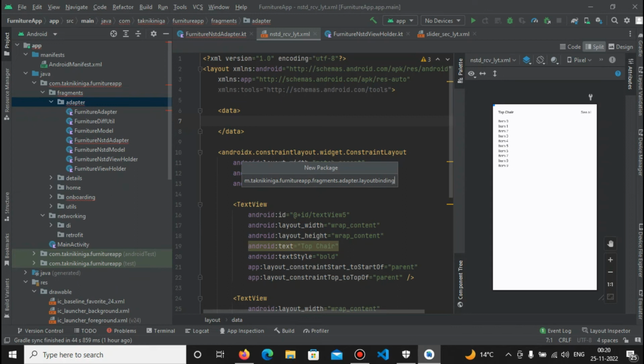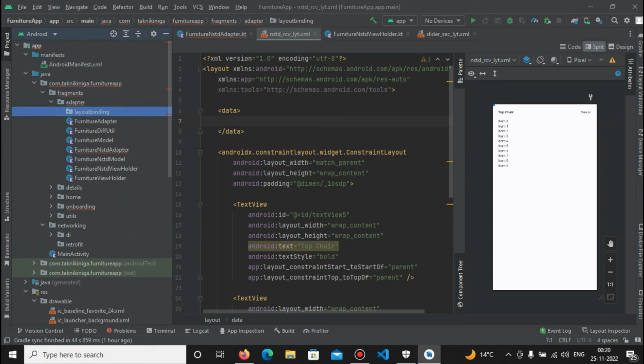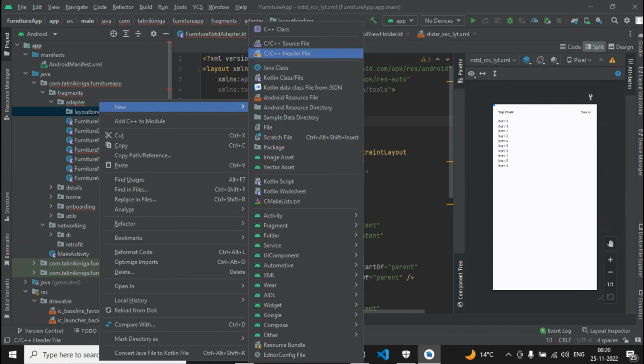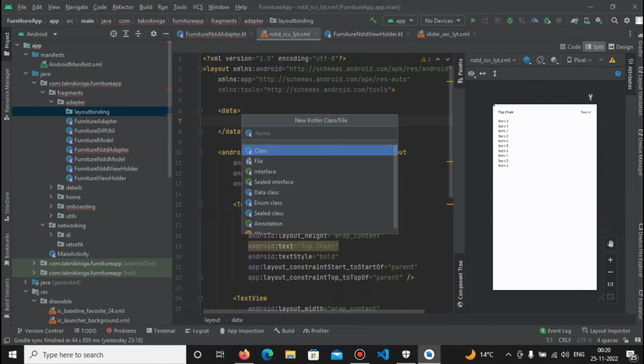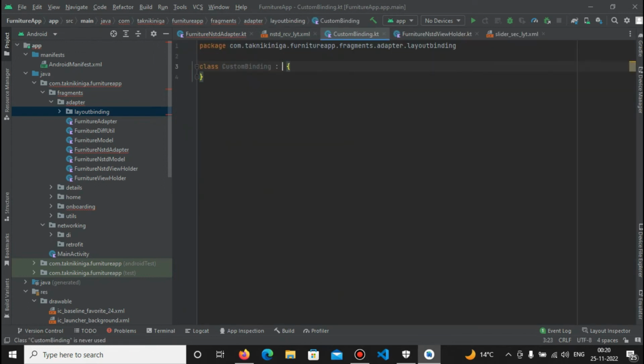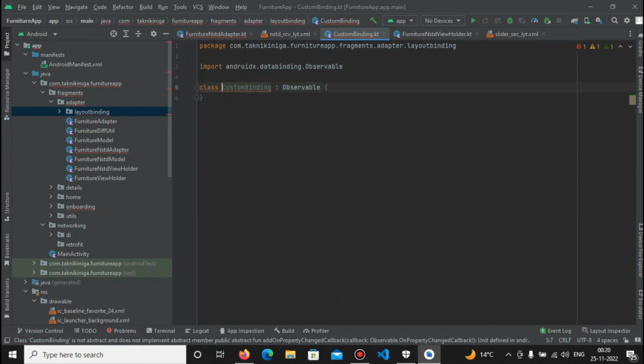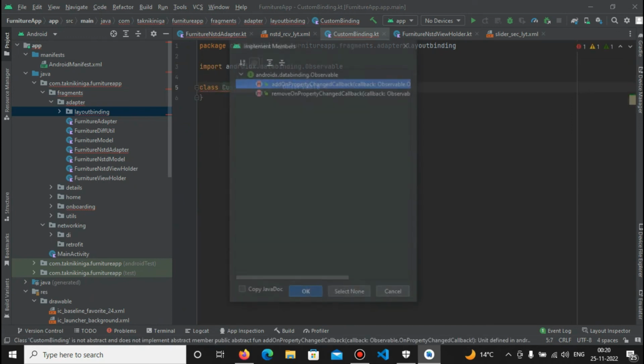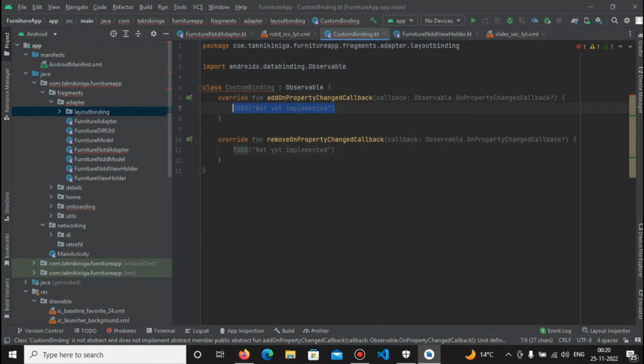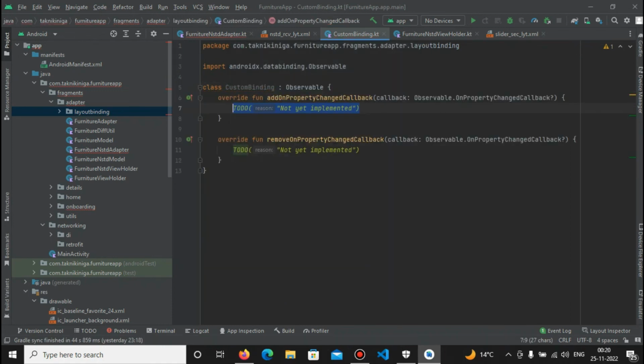Okay, so for that, as you can see, I have named this package layout binding, and after that I am going to create a custom class, you can name it whatever you want, and I simply give my custom binding class the name CustomBinding, and I simply inherit with the Observable class, and